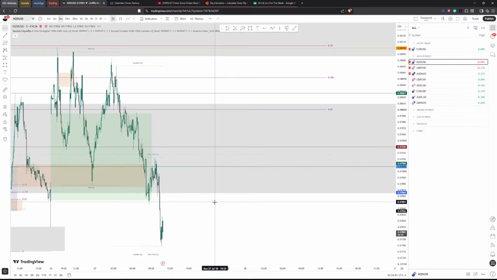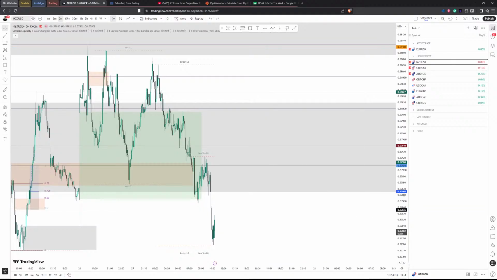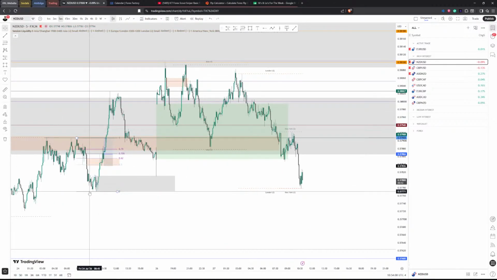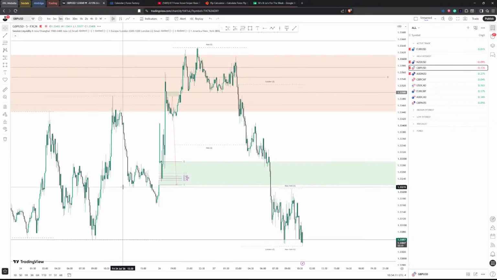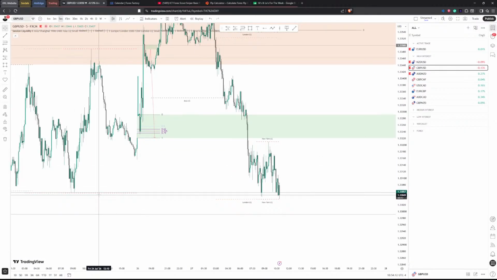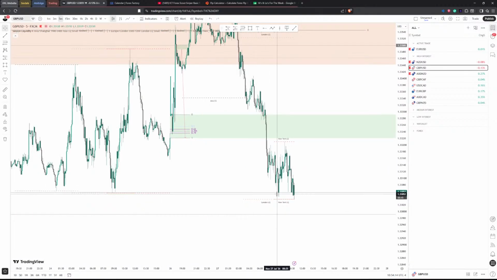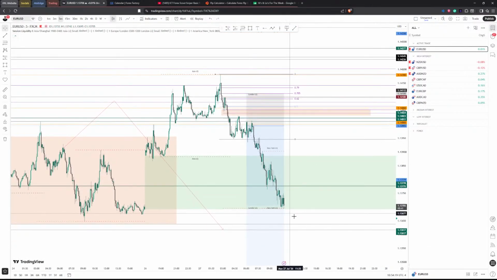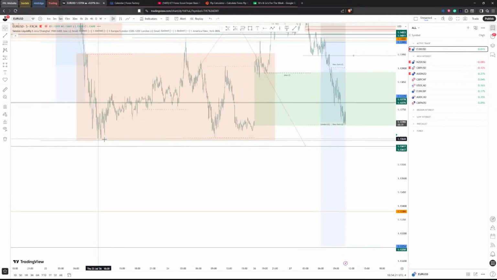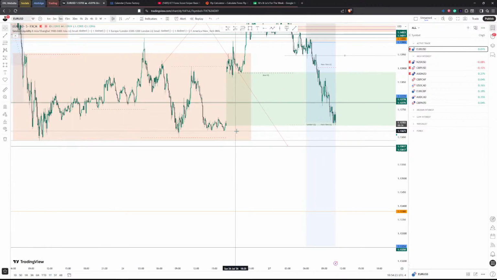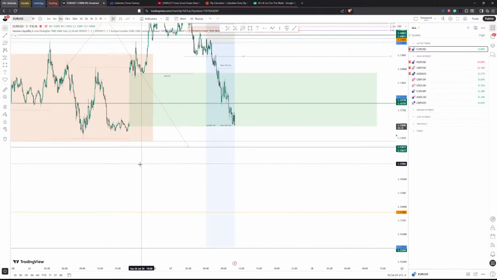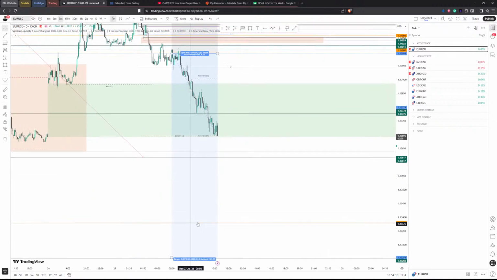Also notice NZD USD and others dropping. These ones went below the box drawn. It's almost at this area here. GBP also went below the box drawn and went to these equal lows right here. So EU is the only one that's actually behind because we're just about filling this box. So if it does the same thing as the others, taking out these lows and then hitting this area here of equal lows or previous liquidity, then that makes some sense too.